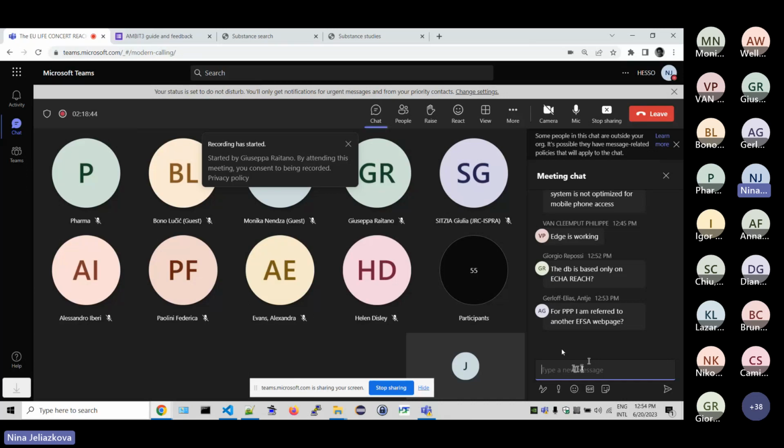By default, the ECHA-REACH is selected. And yes, we intentionally put links to the EFSA and REPDOSE databases. We can show the data ourselves, but this was just for educational purposes, that in principle we would